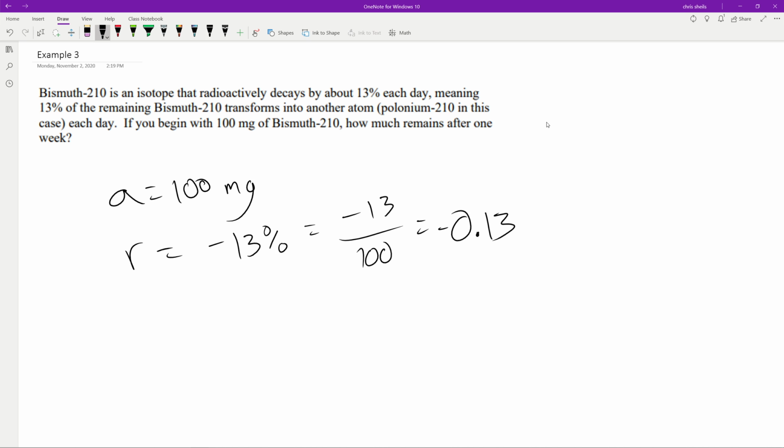So if I created a function f of d for days, this would be 100 times 1 plus negative 0.13 if we're more comfortable with that. Or I could just write minus 0.13 to the d power,